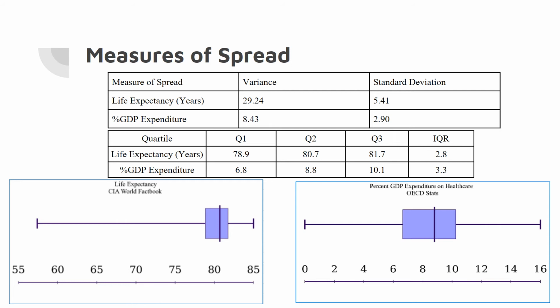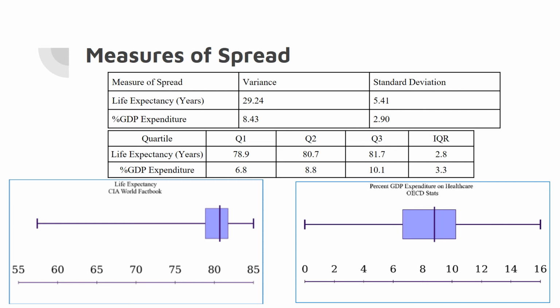Okay, now I want to show you something important about the quartiles. Look at this table for now. You see we have different quartiles and interquartile range for both variables. Now what I'm going to do is use this table to find the outliers. Now remember, what is the equation to find outliers? Well, we have to determine a range, and that range has two bounds, lower and upper. So to find the lower bound, you take the first quartile and subtract the interquartile range times 1.5. To find the upper bound, you take the third quartile and add to it the interquartile range times 1.5.